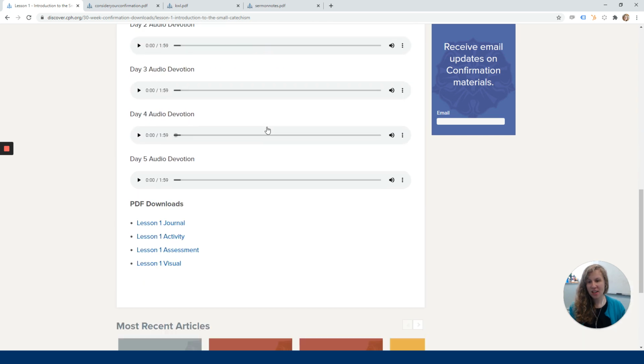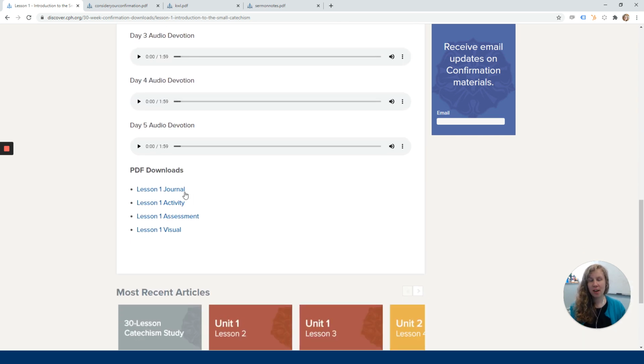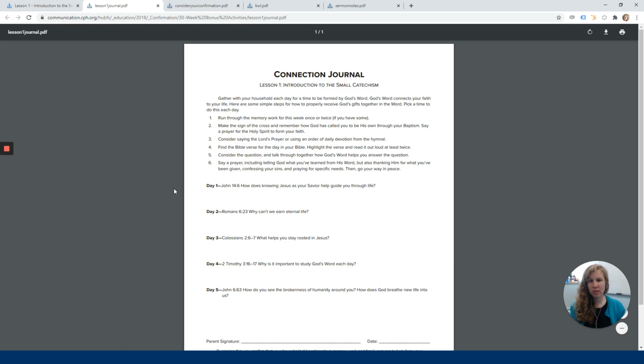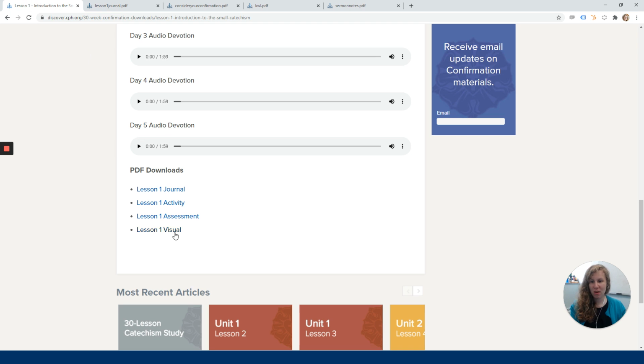And then at the end of these, there are all sorts of different activities. I want to highlight just one. This journal lesson for lesson 1 also gives you another option for a daily activity where students would read a Bible verse and then answer a question each day of the week. So when you're not seeing them as much, either in church midweek or on Sundays, something like a connection journal, whether it's a PDF like this, or maybe you even turn it into a form online, I think could really help you to stay connected with your students throughout the week and throughout the year.